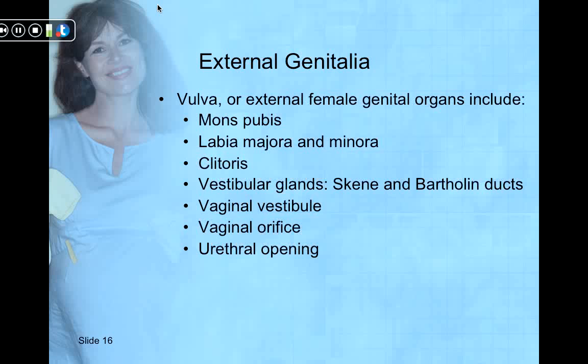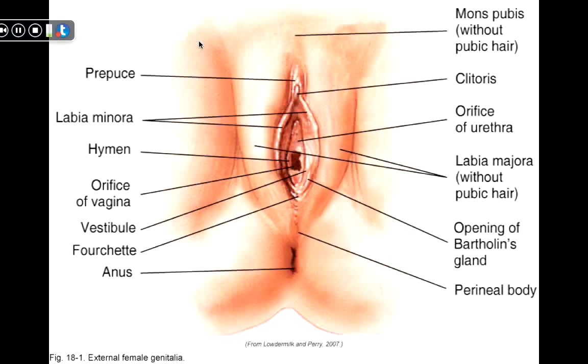The urethral opening is between the clitoris and the introitus of the vagina. So here is a good representation that shows just anatomically where all of these structures are, and this might be something good to keep for future if you get confused on where things should be. I think most of us as nurses have probably put in a Foley catheter and know where